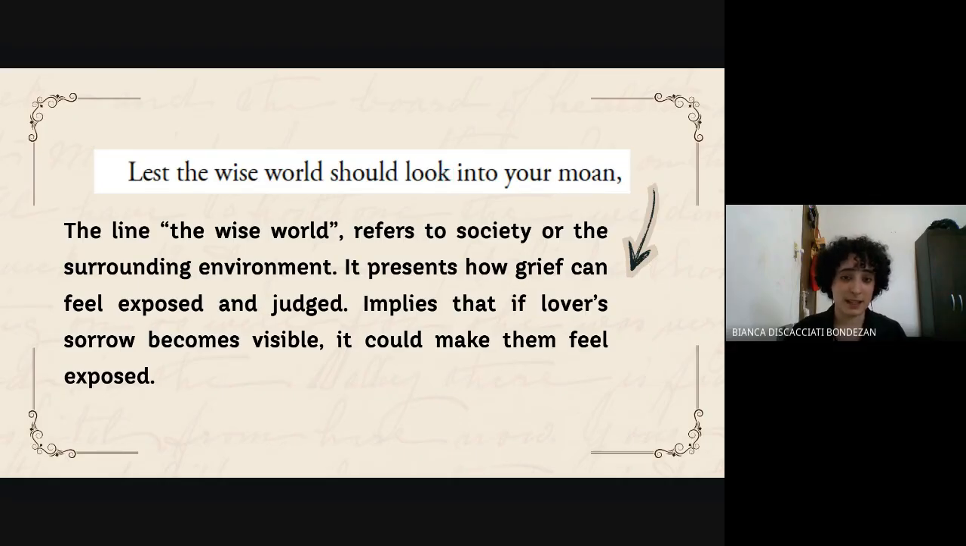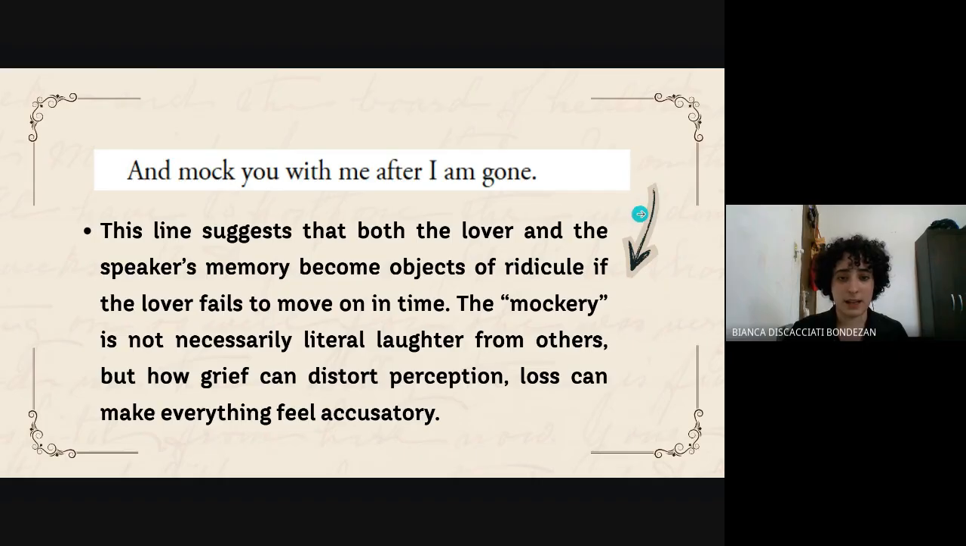So there is this idea that the society around the lover would eventually judge their mourning process, and "mock you with me after I am gone." The line suggests that both the lover and the speaker's memory become objects of ridicule if the lover fails to move on in time. But it's like the mockery may not necessarily be literally the society laughing